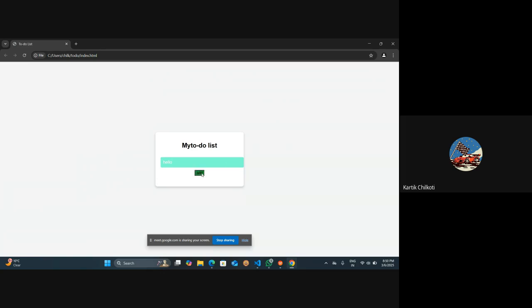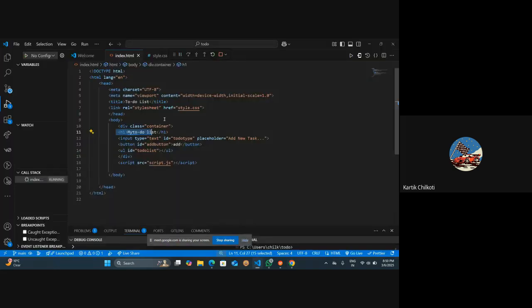Basic, it's not full stack or something, the functioning is a bit less. In another session we will do that. For the basic things I am going to explain the to-do list. The above section we have created in index.html, like the title section. Someone was asking why we have used the title section. The main function of the title section is the upper part. If I change here to do,